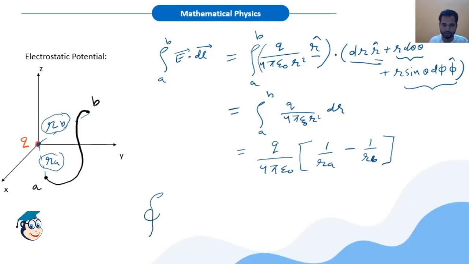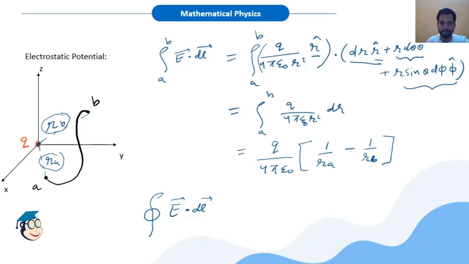Okay, so after having solved this, can you guys tell me that what would be the closed line integral of E dot dl? Just pause the video and think for a second what could be its value. Okay, so I am assuming that you all have thought on this. I will give my points.